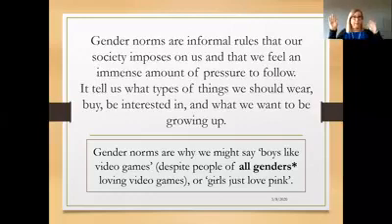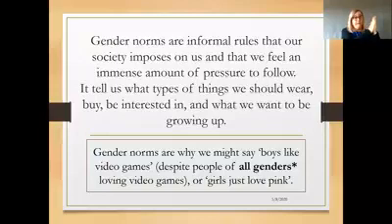So if this end is boys and this end is girls, you might be strongly at this end if you identify as female or girl, feminine. You might be masculine or male over here, but you might also sit somewhere along the middle. So you might not have a very strong gender bias either way.